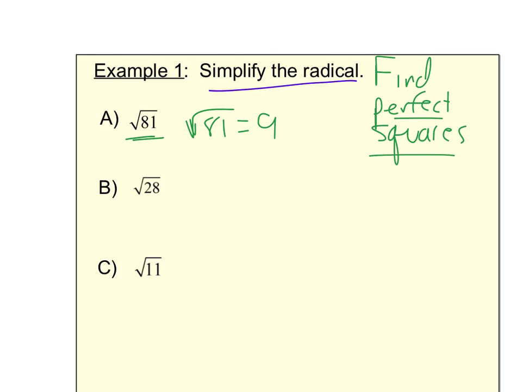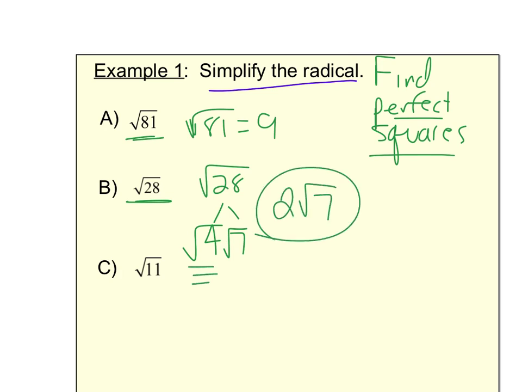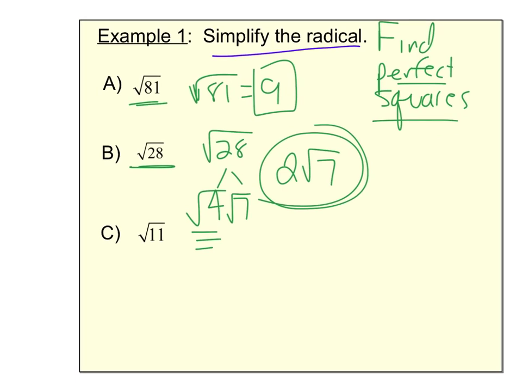Square root of 28, well, 28 by itself is not a perfect square, but I can split that into 4 and 7. And 4 is a perfect square. Square root of 4 is just going to be 2. So simplified, that's just going to be 2 square root of 7. So that's 9, that's 2 square root of 7. Letter C